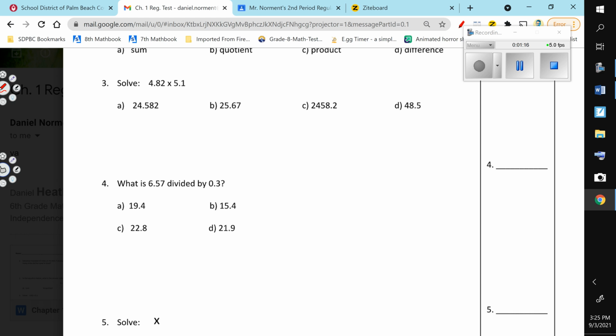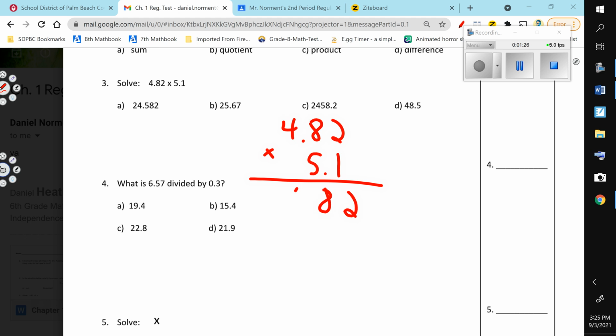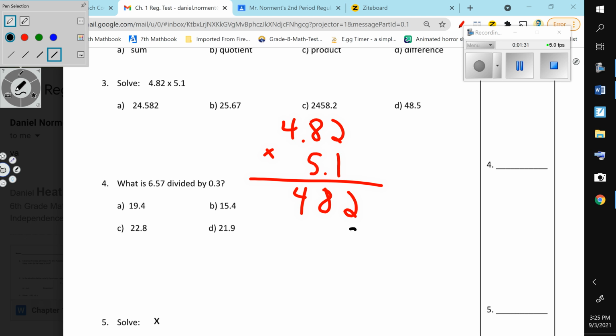Number three is a little bit more challenging because there's a lot going on. You don't need to line up the decimals since you're multiplying, but you do have to multiply correctly. 2 times 1, 8 times 1, 4 times 1, and then don't forget to put a 0 here. And then you have to do the other part. 5 times 2, 8 times 5, 5 times 4. Now that you've done that, you're going to add,